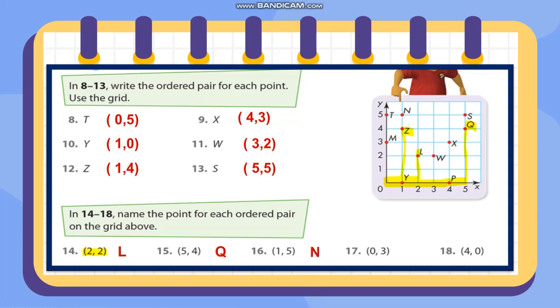I'm sorry, 1, then 1, 2, 3, 4. Yes, it should be letter N. Okay. Next, 0 and 3. 0, then 1, 2, 3. So that is letter M. And 4 and 0. 1, 2, 3, 4. Then 0. That is letter